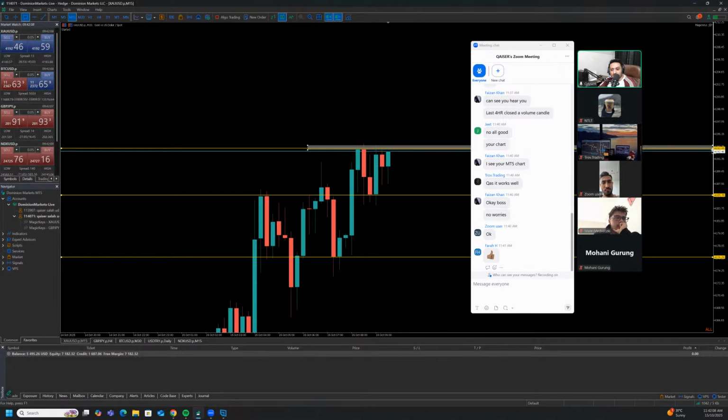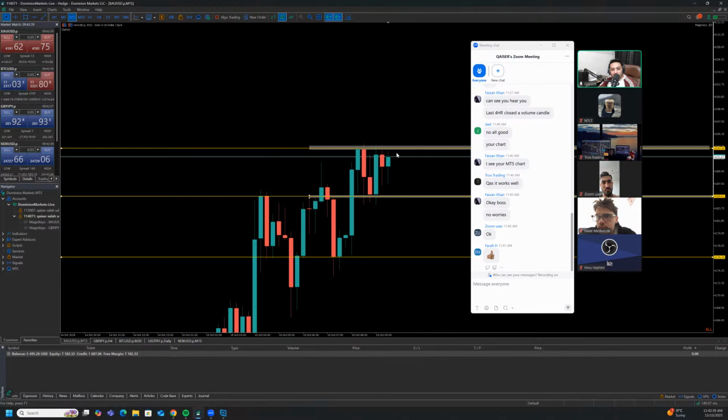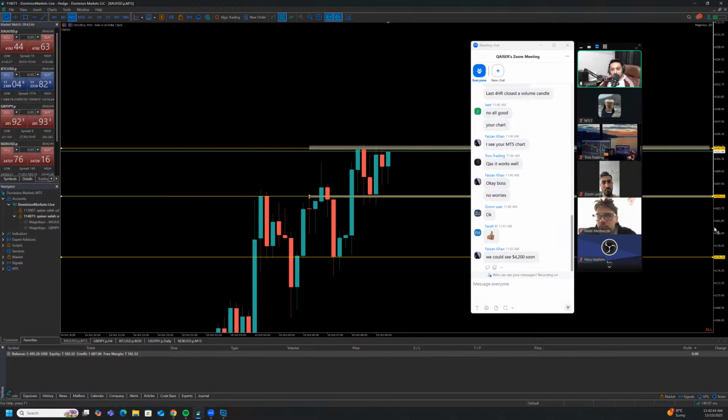This one is now breaking above the high. If we break above the high, what will happen? We are going to move with a $5 increment, I think. I'm not sure about this one. For that I need some kind of candle. Maybe a closure will make more sense, because look at this one: 1, 2, 3, 4, 5 times it tried to break above the high and then started pushing to the downside again. So I think the better thing would be if the candle breaks above this rejection for the impulse entry, or if a candle